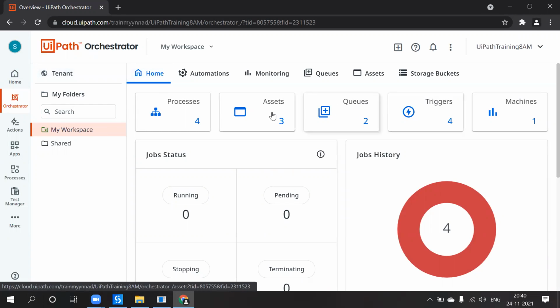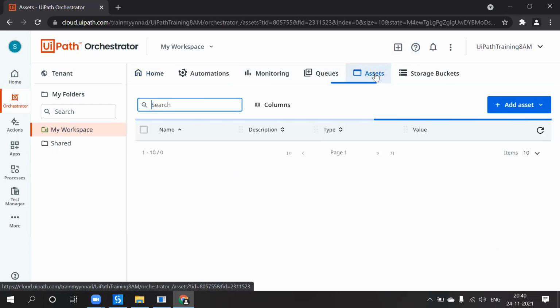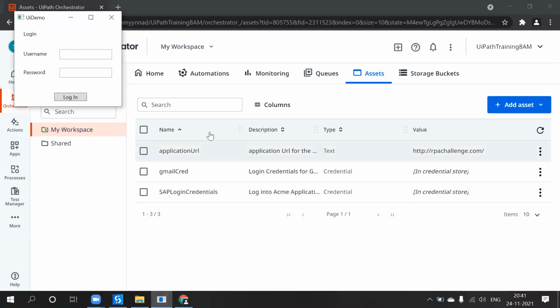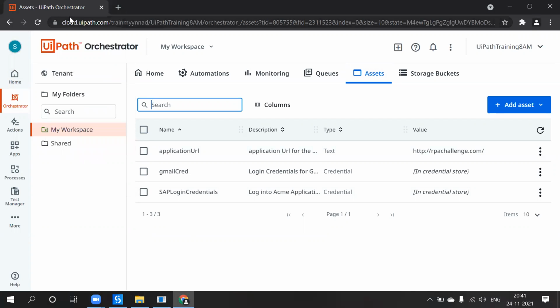we have a folder, and under this, on top of that, we will have assets. So what is this asset? Asset is one of the types of functionality or features. If you want to keep credentials of the application, here we are using a Windows based application. So in order to provide the username and password of this application, in real time we will use credentials.